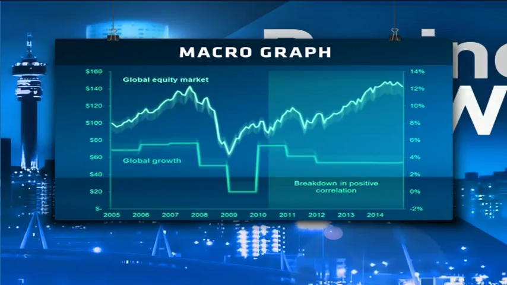You can immediately see in the middle of the graph the 2008 global financial crisis. You can see the early years there, both of them tracking pretty healthy. So the world economy growing, and by extension, company earnings increasing and equity markets rallying. In 2008, we see global equity markets halve and pretty much global growth decimated, and the subsequent recovery. And then we see that shaded portion on the second half of the graph, which is really what I would argue should concern investors, and that is equity markets once again at all-time highs.